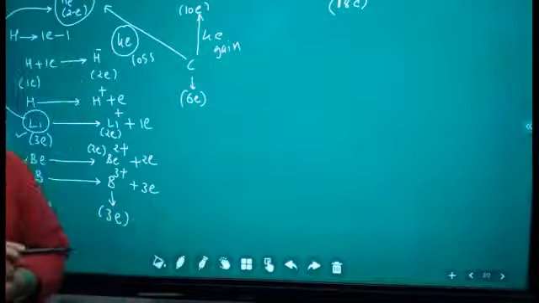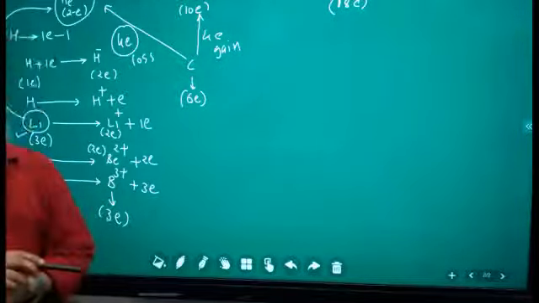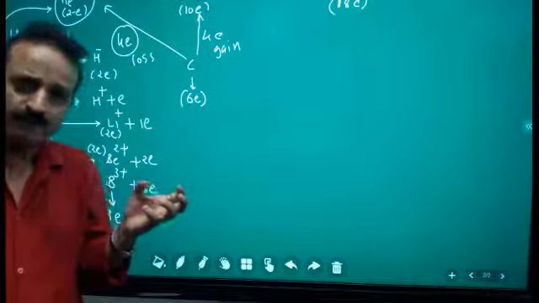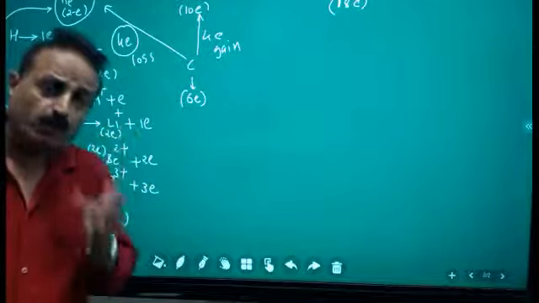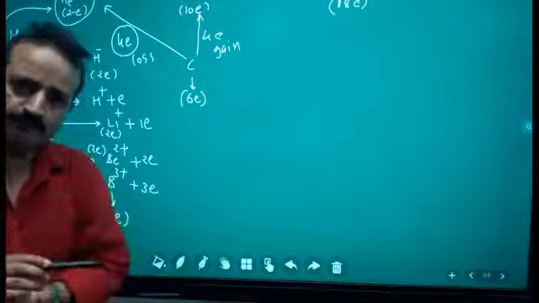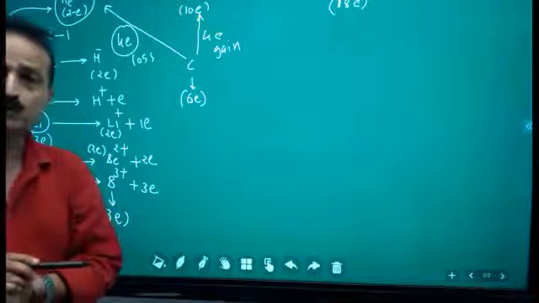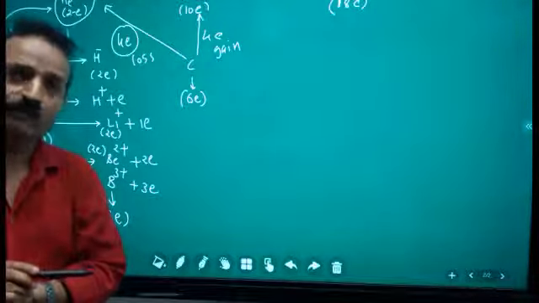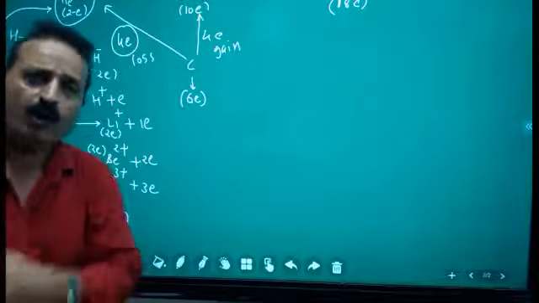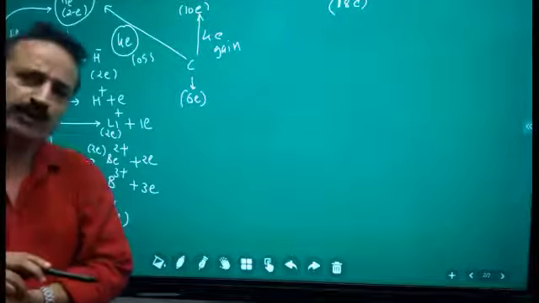Number of electrons will be 10. So carbon can lose electrons because on both sides the number of electrons is the same. If carbon wants to become helium, carbon should lose 4 electrons. If carbon wants to become neon, carbon should gain 4 electrons. It means it will not convert into neon or helium; the electron configuration will be equal to helium and equal to neon.